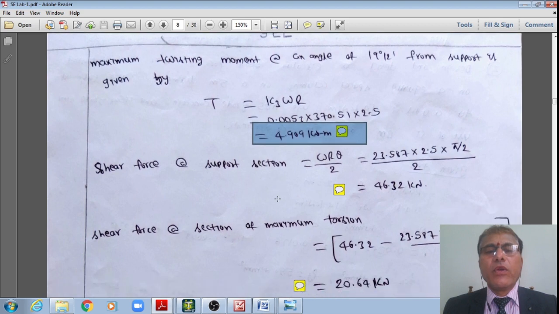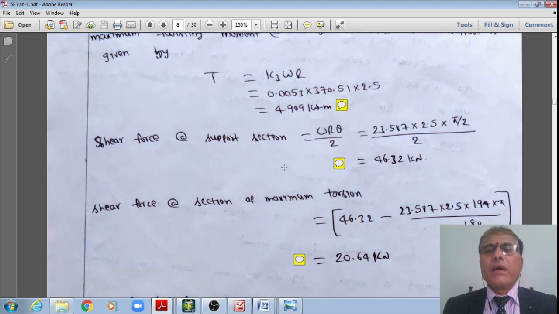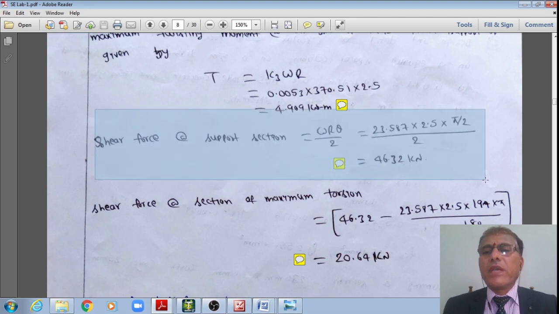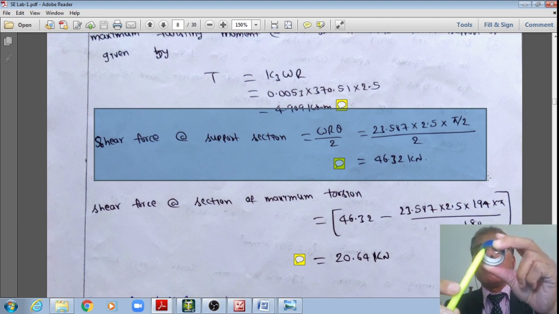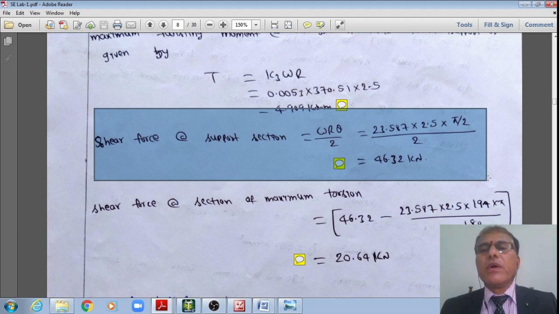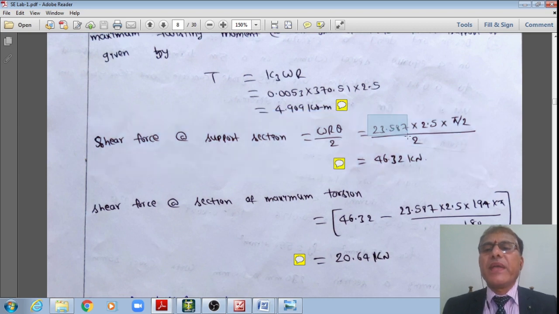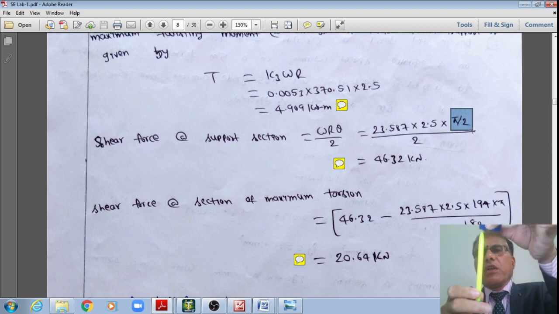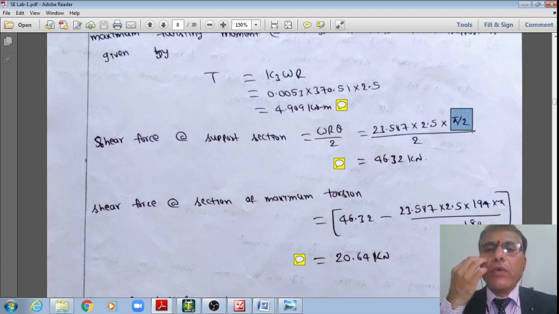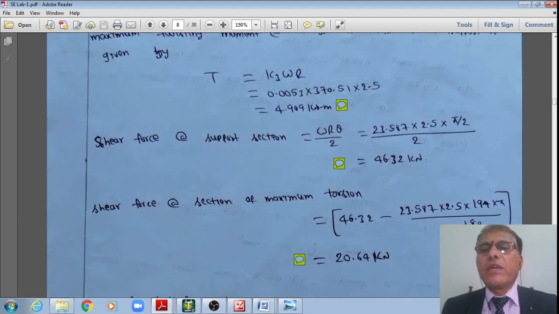4.909 kilonewton meter. Whereas now I'll have the shear force at the support reaction. The shear force is now given by WR theta divided by 2. Therefore, W is equal to factored load 23.587 multiplied by R. R is equal to 2.5 multiplied by theta. However, I do have columns at every 90. Therefore, 90 multiplied by 4 is 360, because the girder is supported on 4 columns like this, right? Therefore, I do have theta equal to 90 degrees between the two columns, right? Therefore, that divided by 2, it now works out